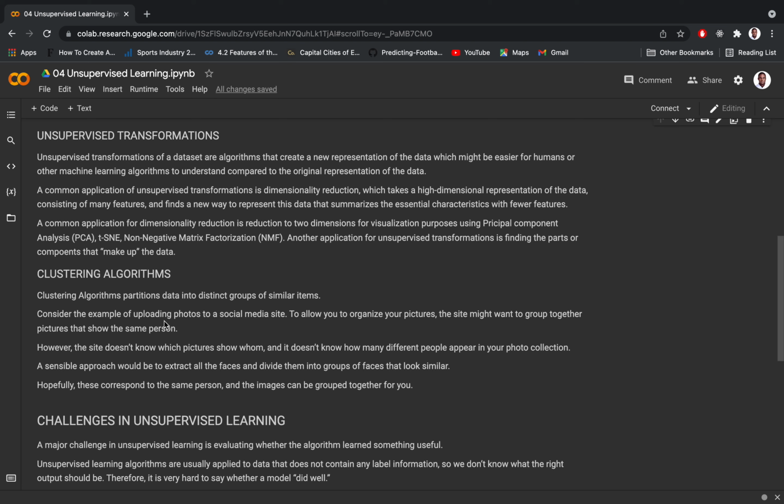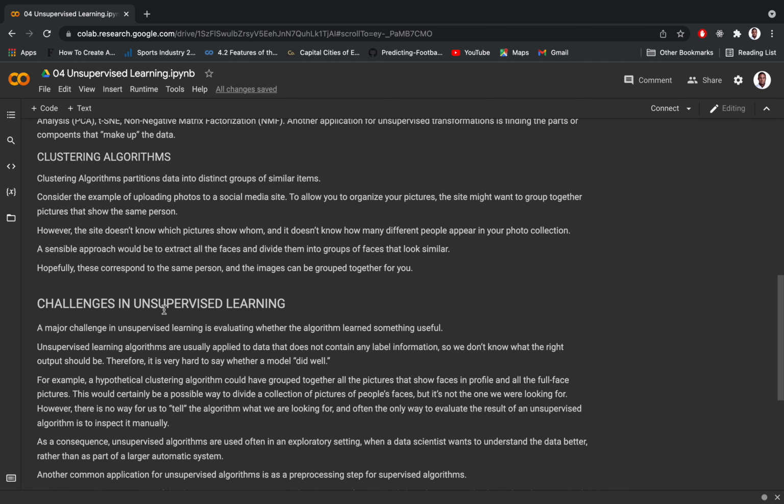The site might want to group together the pictures that show the same person. Now, basically, the site doesn't know whether the person is you, but based on the similarity, it is going to group and match them together. So we have a challenge with unsupervised learning, which is a little bit, I'll say, abstract,